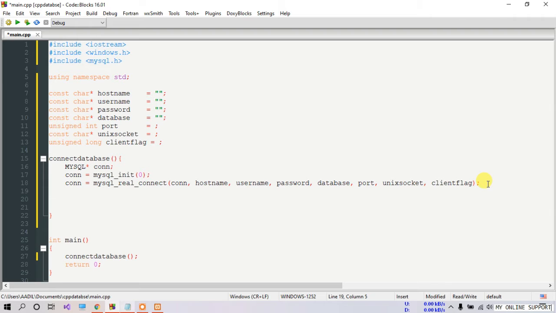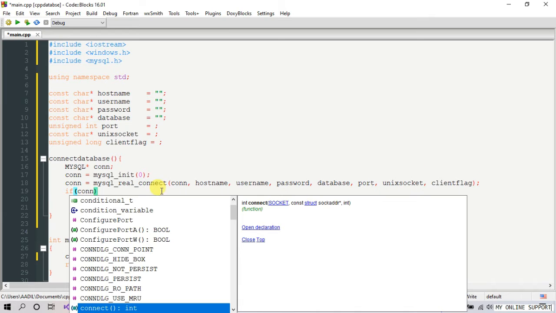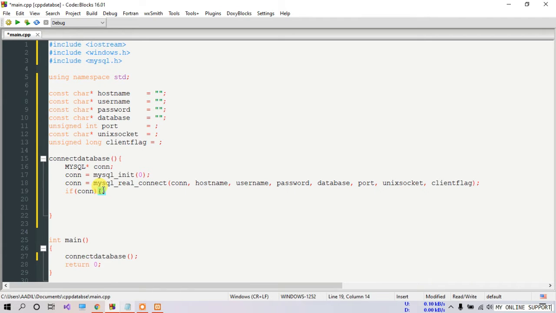We will check if con, meaning if this connection executes successfully, this connection variable will return an address, a hexadecimal address. Otherwise, if this function did not work, it will return 0 in con. So we will check if con